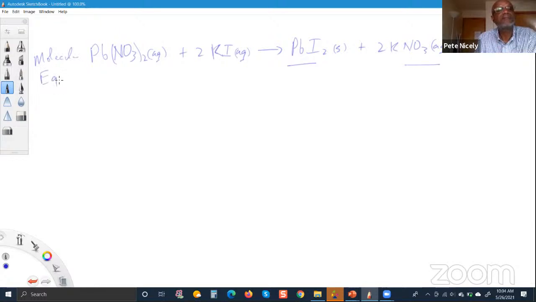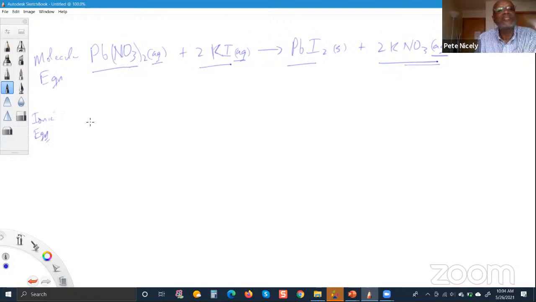All right. And then we have to determine which of these will dissociate. Now, any ionic compound in an aqueous solution will undergo complete dissociation. So that means that this will dissociate, and the potassium nitrate over here will dissociate because they're all ionic and they're all in an aqueous state, all right? So therefore, in the case of lead, to get the ionic equation, that's what we're doing here,